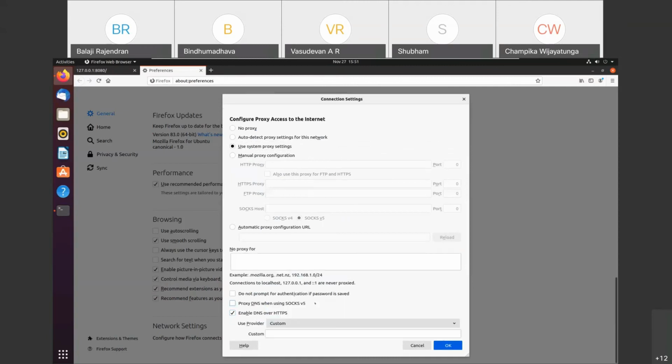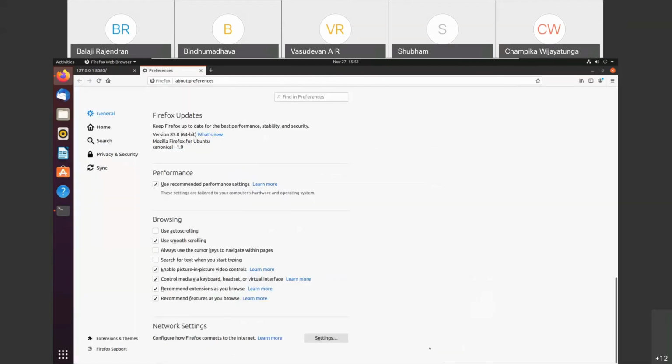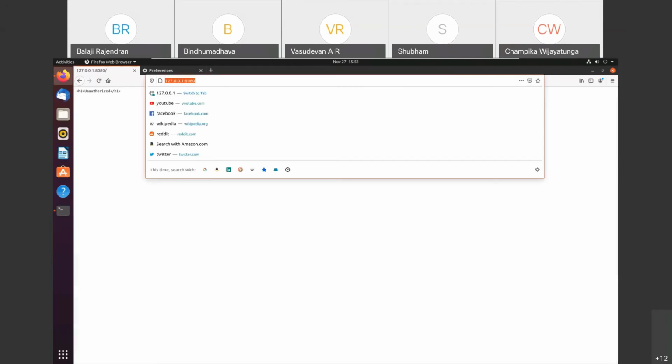But of course, you can put your custom DNS, and here you can add like https://doh.iirf.in, something like that. After that, whatever query you do in this browser will go through that DOH.